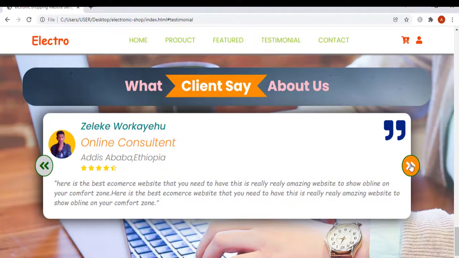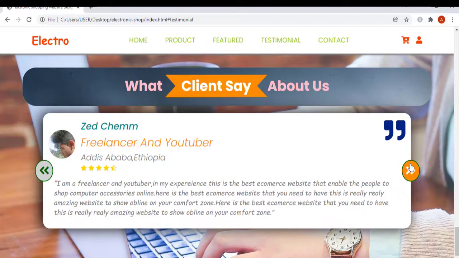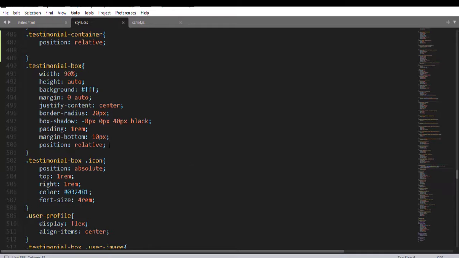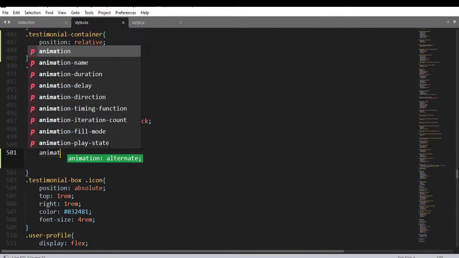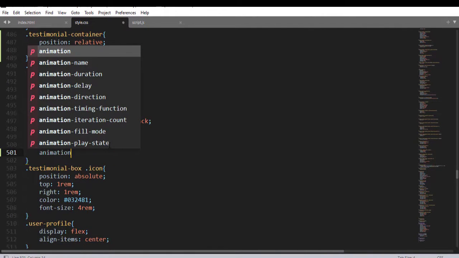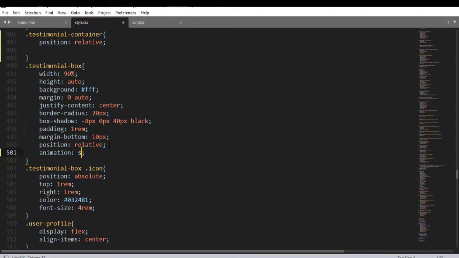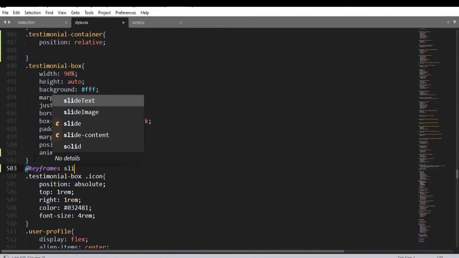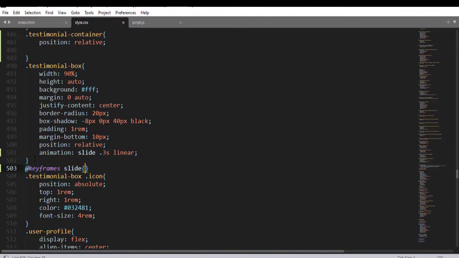Having this, now let's jump right into adding an animation over the testimonial box class selector right here. So animation, let me say animation name, animation duration, and animation timing function linear. So using the keyframes rule, add keyframes and then animation name, slide. After that, at 0%,